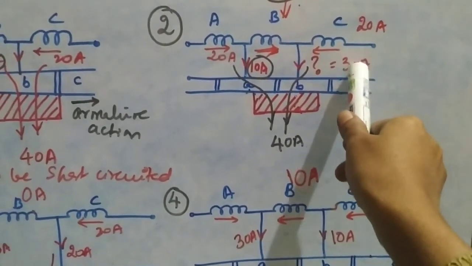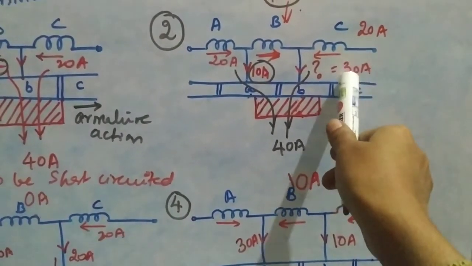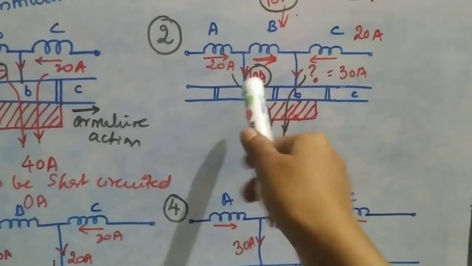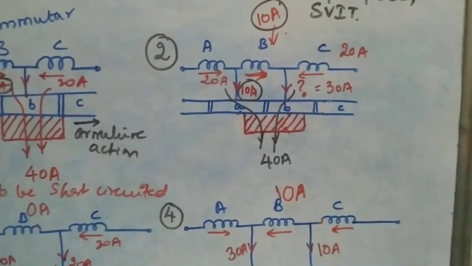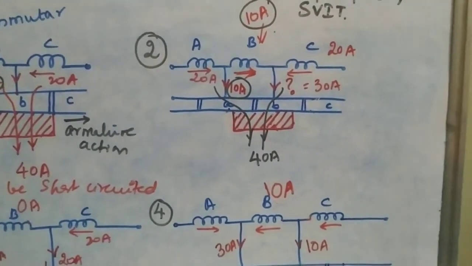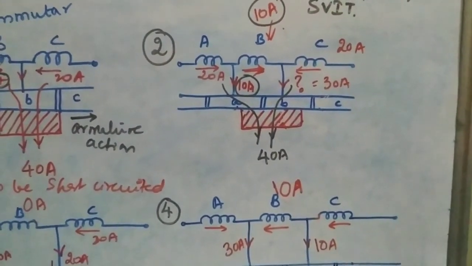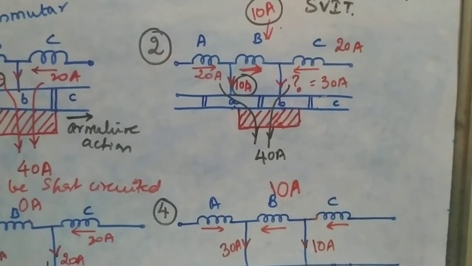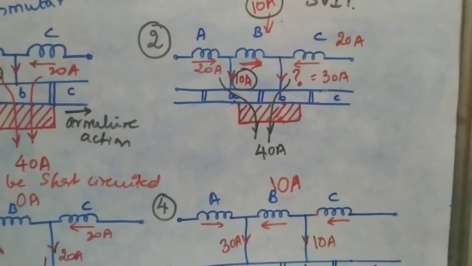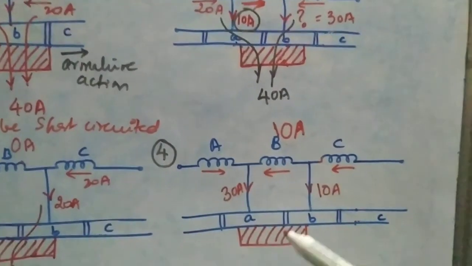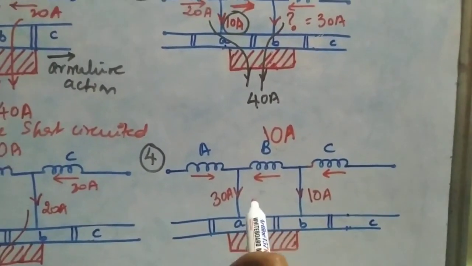This will be around 30 only if you solve it, and here it will be reduced, meaning it is getting 50%, it is getting divided. The 20 amperes which is flowing in the armature is getting halved. So 10 amps in one direction and 10 amps in another direction, right? So similarly at figure 4 you can see that in this case